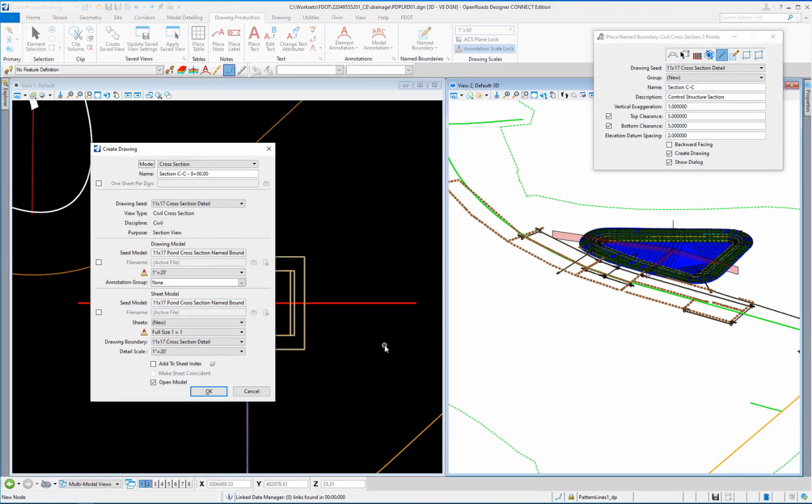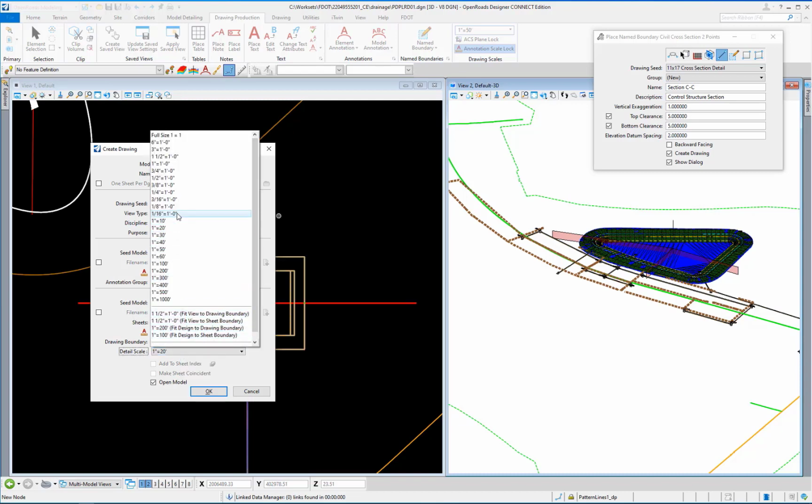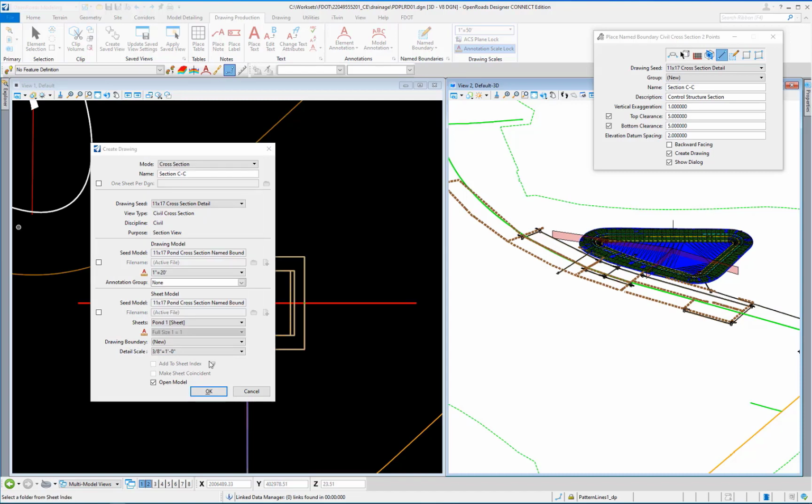On the Create Drawing dialog, set the name field to section C-C. Set the Sheets drop-down to Pond 1 sheet and the detail scale to 3/8 of an inch equals a foot. Left-click on the OK button to create the drawing.